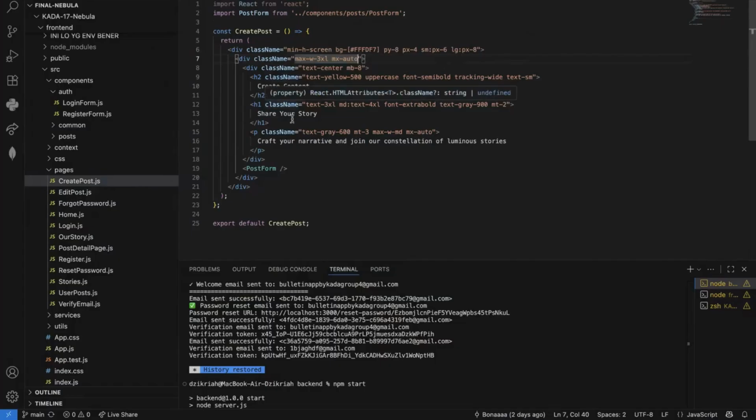Then here this renders the post form component, which includes the form for the title, content, and so on. So this is what's behind the create post page.